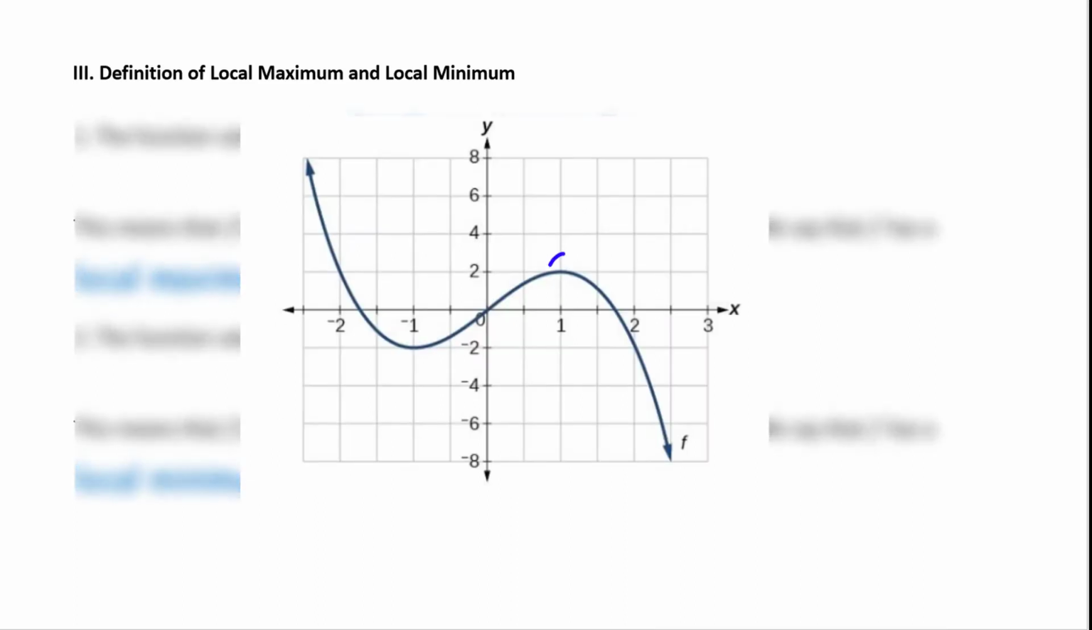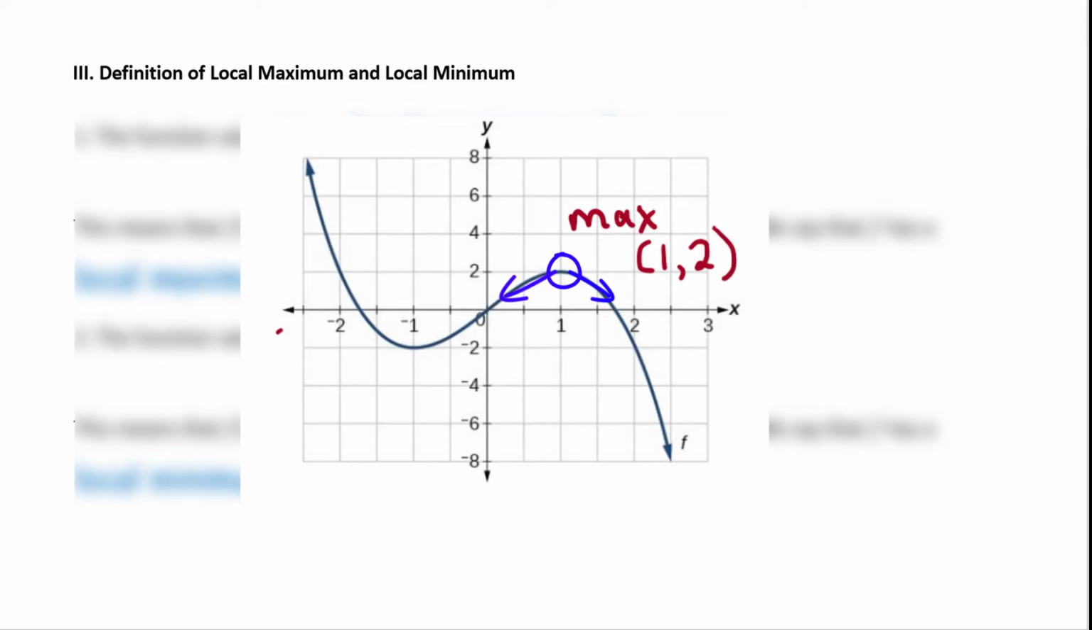A local max is the highest point on a small interval. Think of riding on a roller coaster. You are at a local max if the only direction possible from that point is down in either direction. When expressed as an ordered pair, we say the max occurs at x equals 1 and has the value of